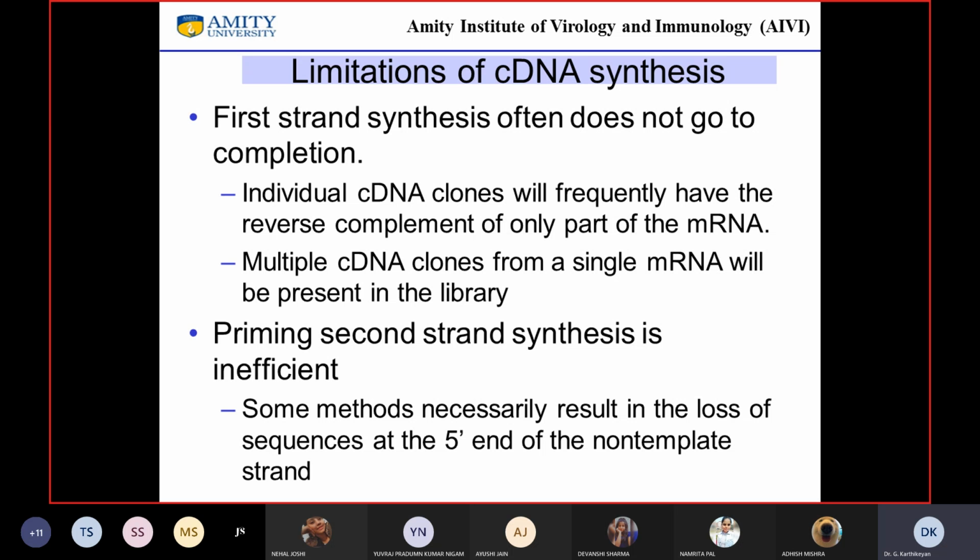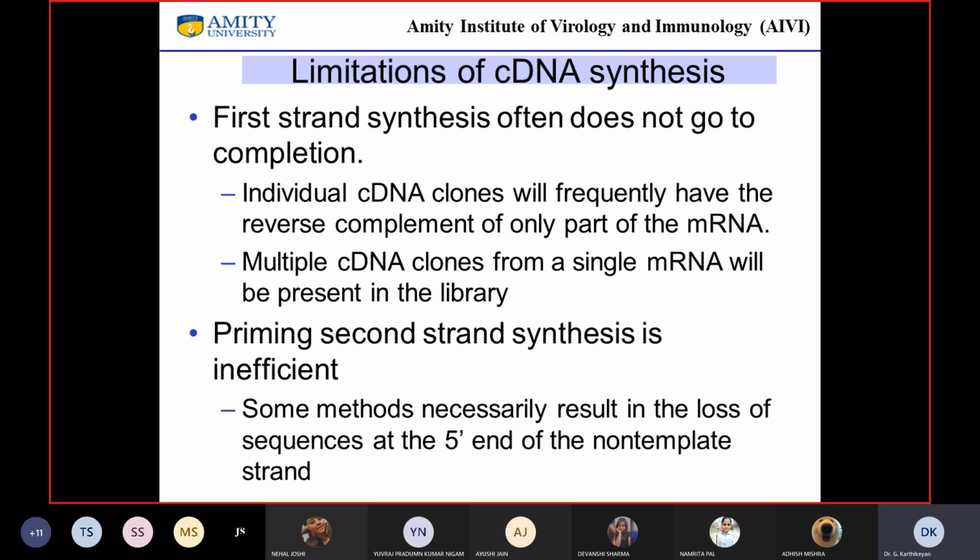That means the reverse transcriptase that we use for making a cDNA, unfortunately, doesn't go all the way to the 5' end. Somewhere along the line it falls off, right? And only very few molecules are completely synthesized. So individual cDNA clones frequently have a reverse complement only to a certain part of the messenger RNA, and you will have multiple cDNA clones from a single messenger RNA.